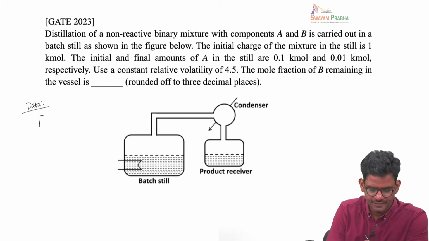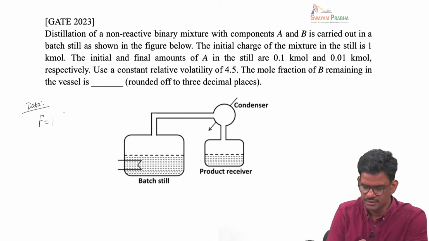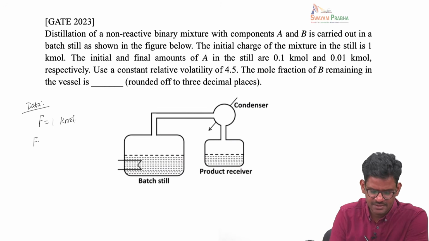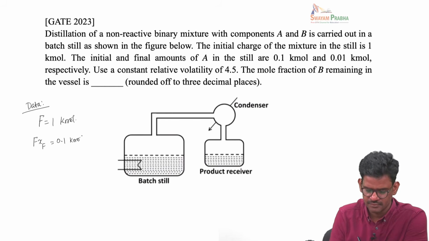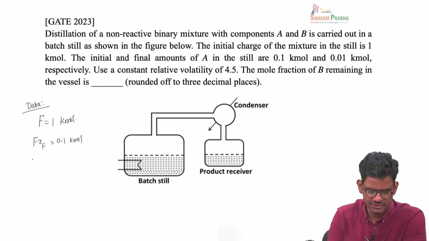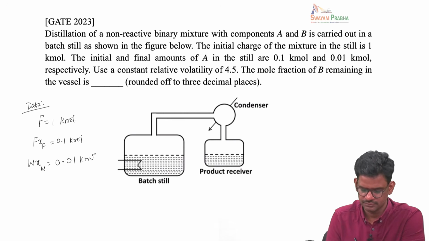So, we have F is equal to 1 kilomole, and it said initial amount of A in the still. So, that is F times XF is given as 0.1 kilomole, and the final amount of A in the still, so that would be W times XW, is also given as 0.01 kilomole, and alpha is given as 4.5, and we need to find